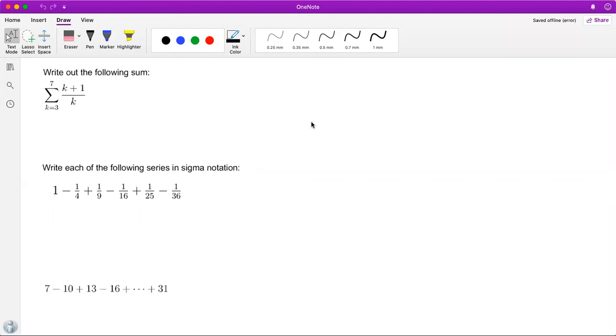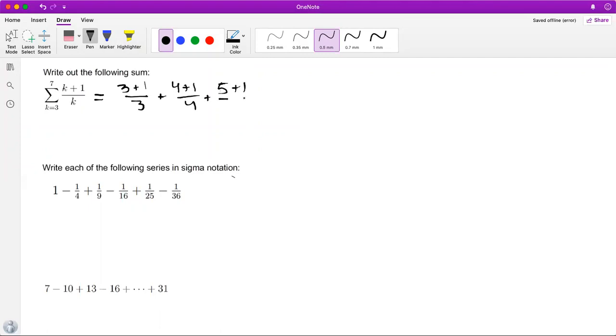You can see the first one, I kind of wanted to point out that it says write out the following sum. And what that means is I want you to write each term, add it up. It's like a way for me to know that you guys know what the sigma notation actually means. So if I said write out the following sum and this was a problem, you would want to write out something like 3 plus 1 over 3, starting at 3, going to 7, plus 4 plus 1 over 4, plus